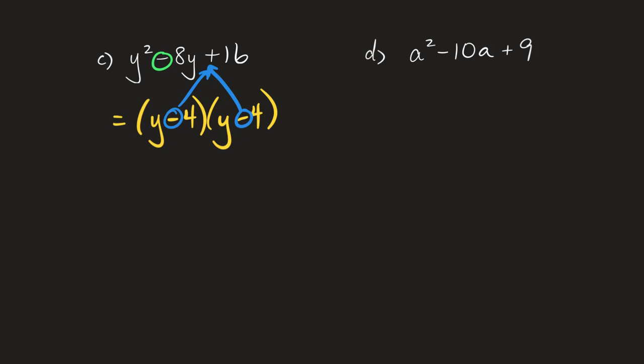All we got to do is talk a little bit of formatting on C. I want you to take a look at my two yellow factors. I'm just going to get rid of those blue arrows just so we can talk a little bit about some form. You came up with two factors, y minus 4 times y minus 4. And you are correct on your factors. But when we write that expression that way, that's not the best way to write it. Because I have something times itself, the best form for that expression